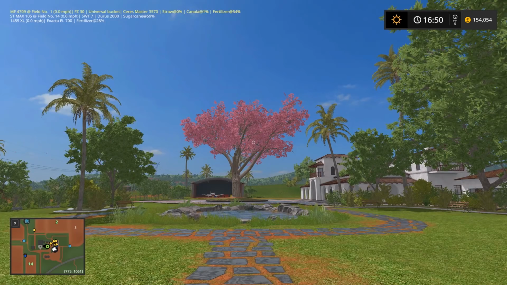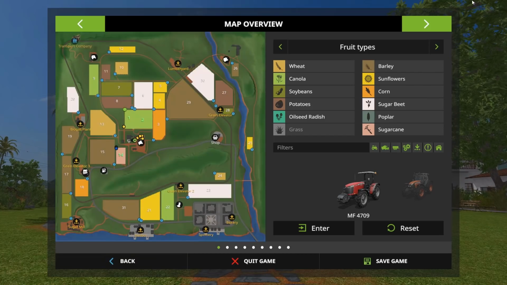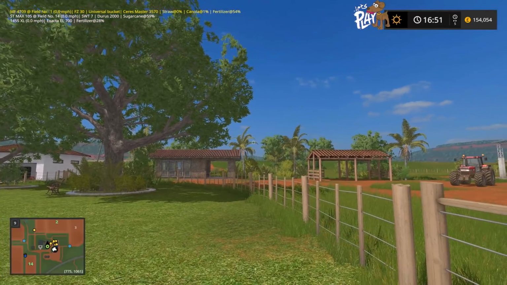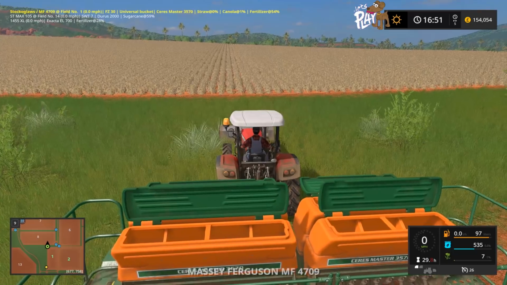Okay, this episode, what are we doing? What have we done since the last episode, I guess, is probably the better question. We have completely seeded, drilled, and fertilized field number 1 and 2. So that's been done, and that's about it. That's the only thing that's really happened. I put the combine away and...